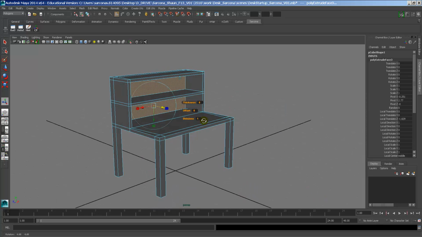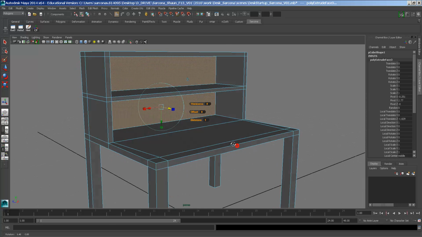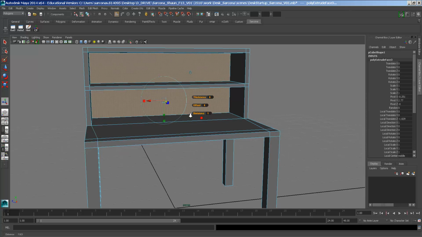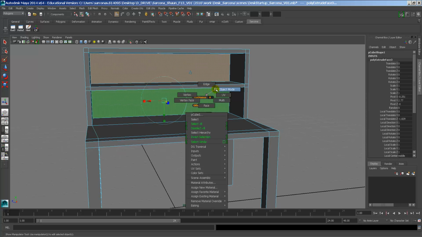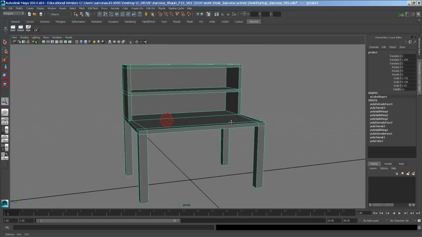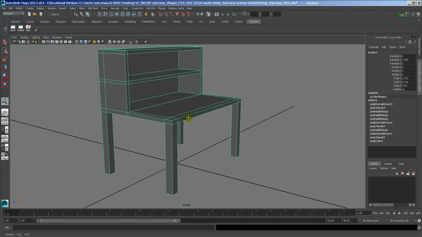Alright, so now we have this extruded. The thicknesses are about the same. We're pretty good. Alright. So here's, I'm going to right click on this and go back to object mode and click off, click back on. There we go. Alright, so now here's where history is kind of cool too,